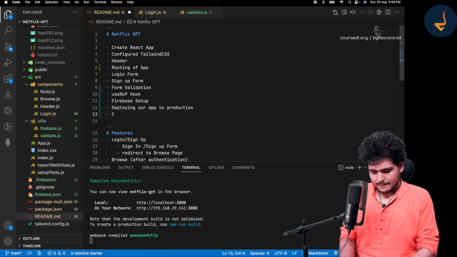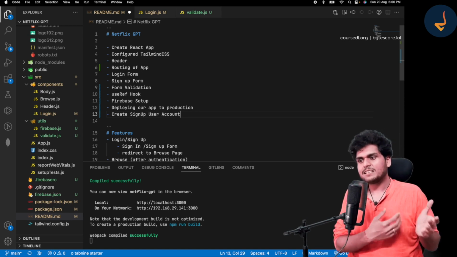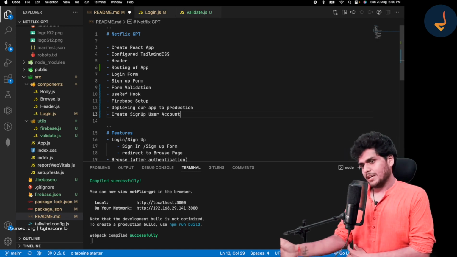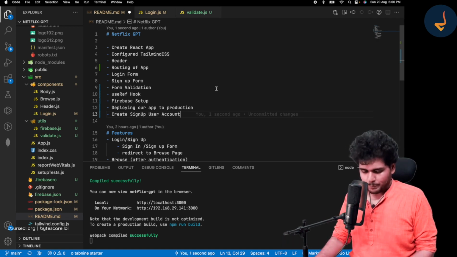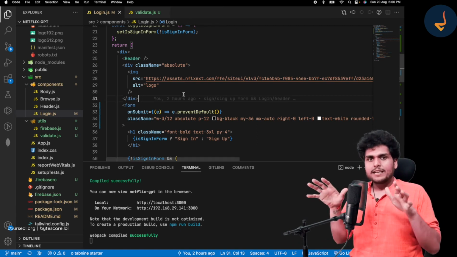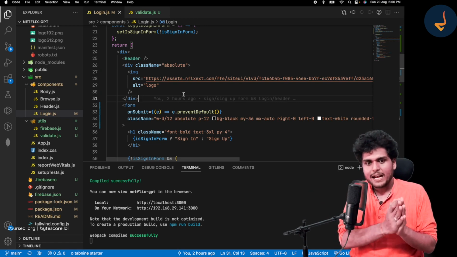Create sign up in Firebase, right? Sign up user account, right? Let's create a sign up user account. Okay, how do you create a user account? Amazing, right? So now I know how to create a user, but I want to tell you that you should